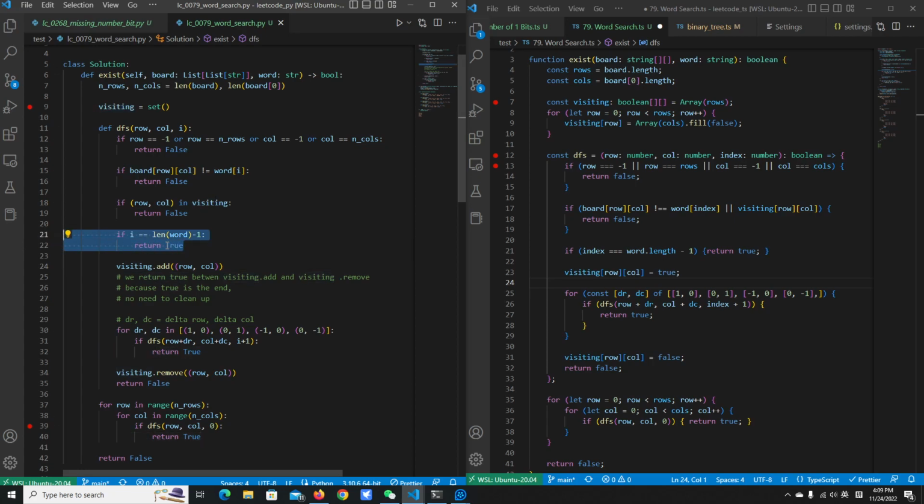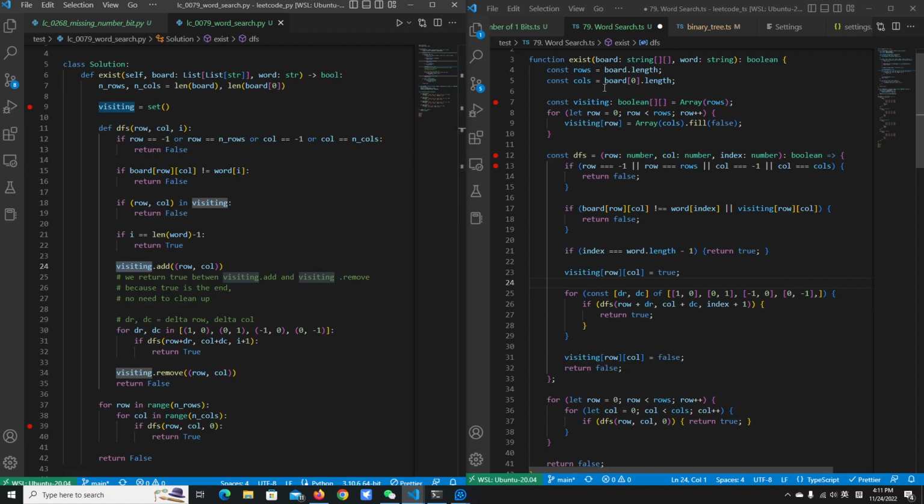Finally, we will check if the current index is the last index of the word. If so, that means we've already tracked all the characters in the word. We can return true. That means we successfully found the word. If the current index is not the last index, then we will put the position into the visiting set.